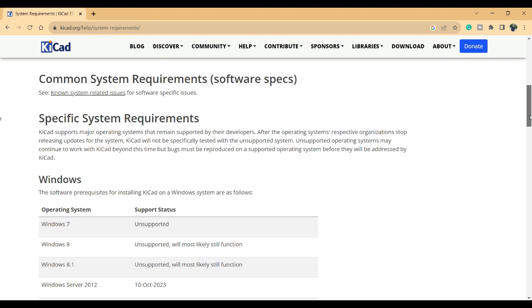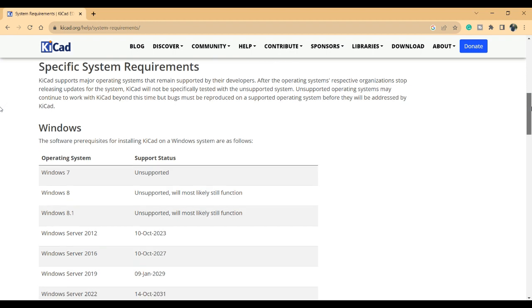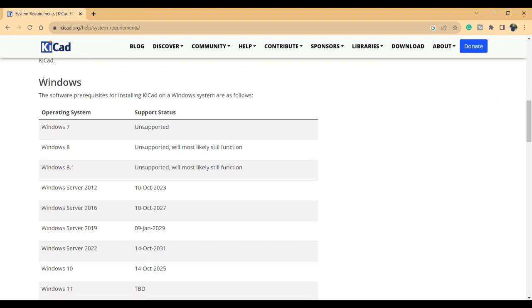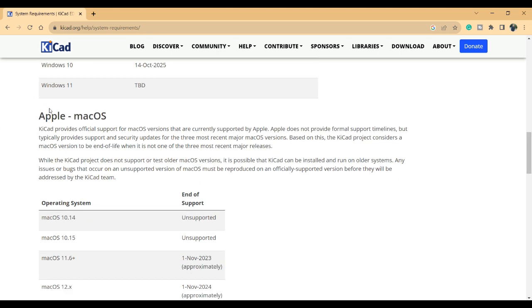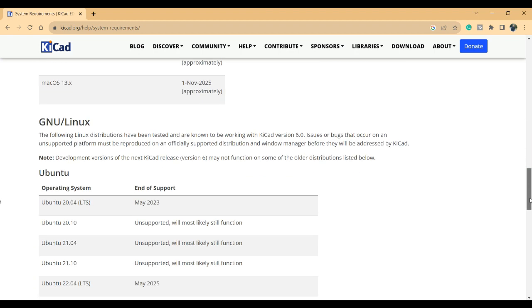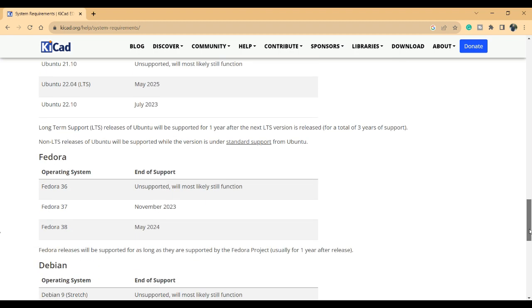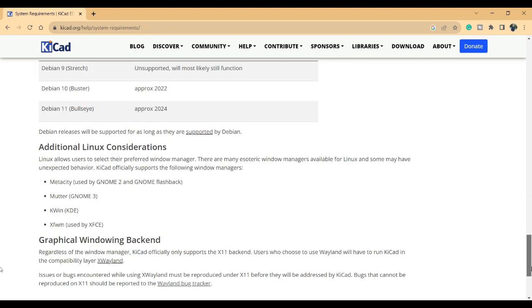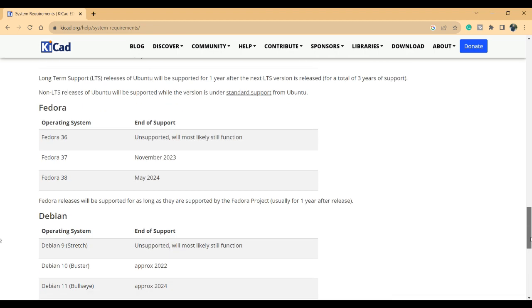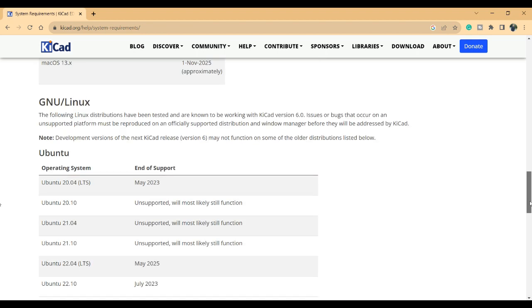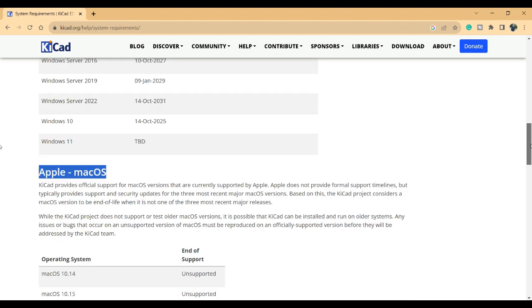Regarding the software specifications that are needed, this software runs on multiple operating systems. Like you can run this on Windows. You can also run this on the Apple Mac operating system, on Ubuntu, Fedora, Debian. You can check which operating system you are using, and whether it supports the installation of kiCad